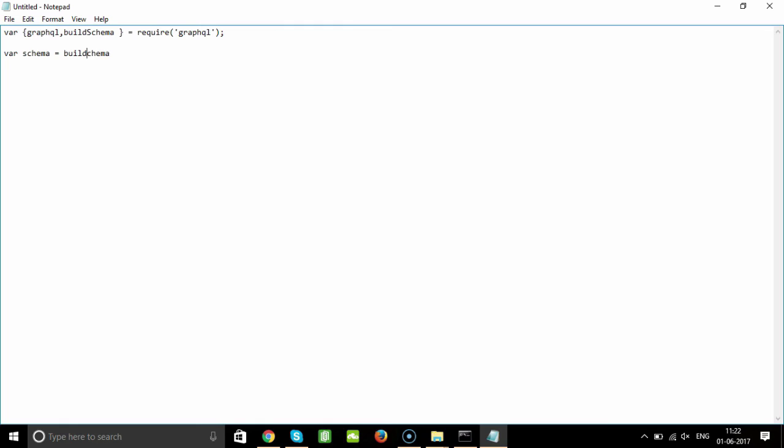The S has to be capital as per the normal convention that we follow, and then you have to say type Query, and what is it? It's hello, which has type String, and then in the next line we will be closing this, but we also have to mention this symbol over here,